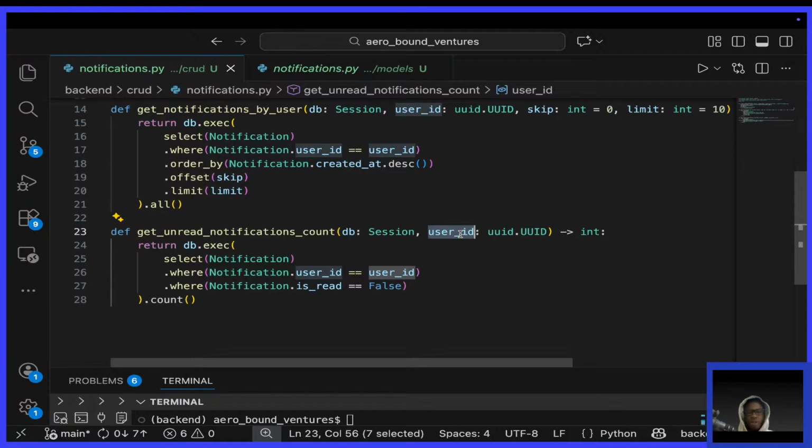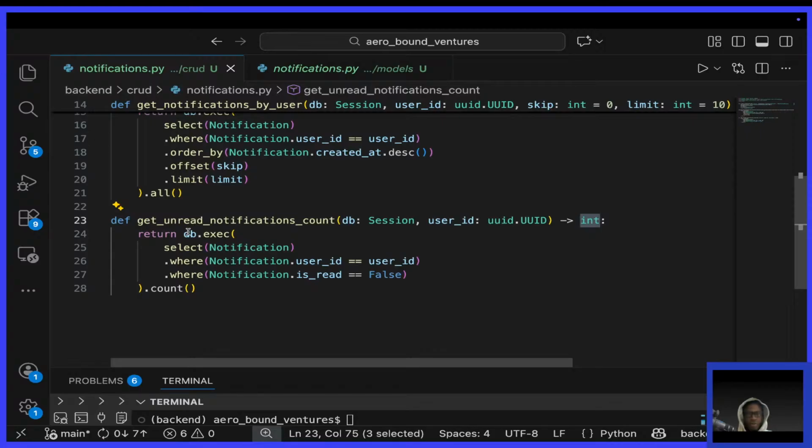Because you want to make sure that AI has generated what you intend to do. Okay, so we have the user ID, the annotation for the user, and it returns an integer, correct? So we say return db.exec, we select a notification where notification.user_id is equal to user ID, and also where notification.is_read is equal to